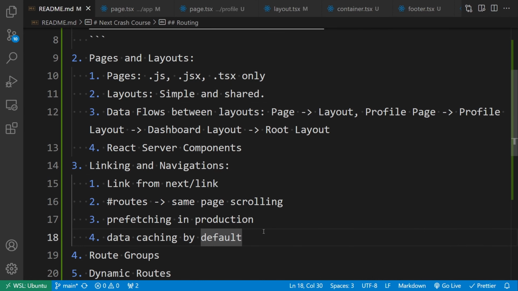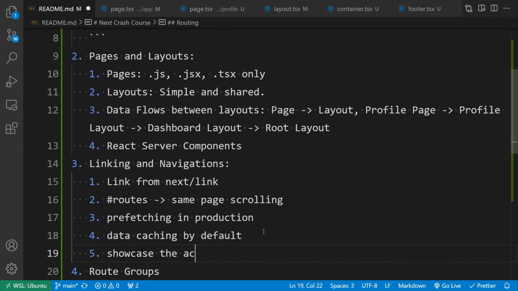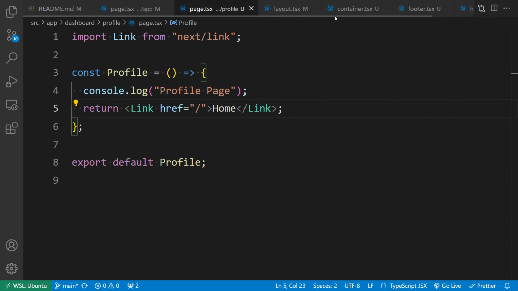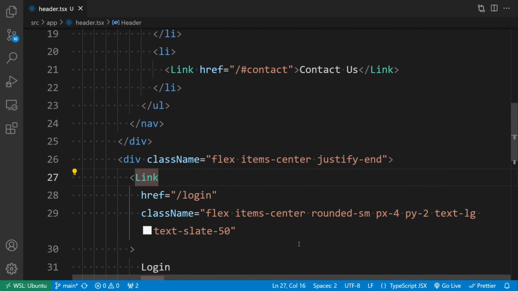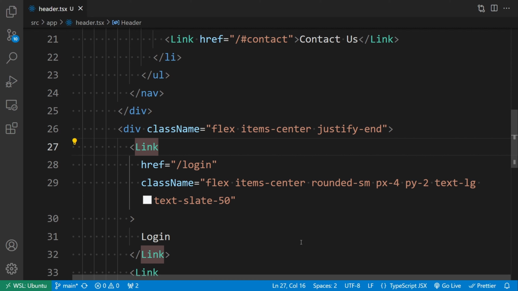Finally, let's see how to showcase the active link. Well, it's very easy. You do not do that in the server link component. For example, this link will have no idea in which route your page is, at least not now. That means you need the client end, because that route or the pathway or the path name of your route,